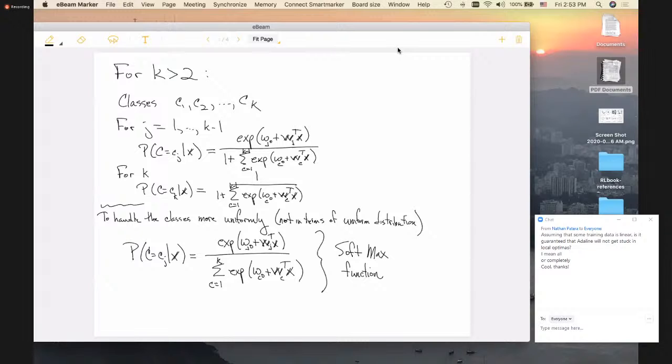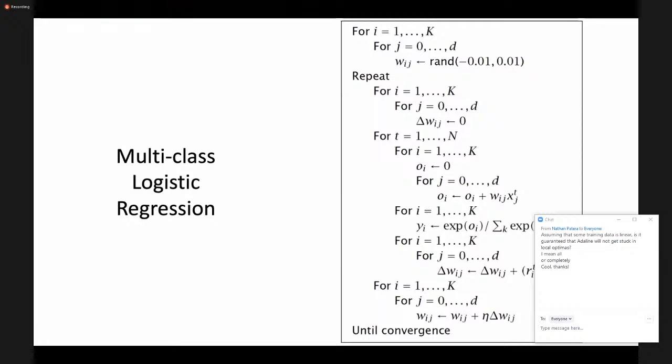I'm just going to jump to the pseudocode. Looks like this. Okay, so once again, we are summing over all of the classes, recognizing that we have separate weight vectors for each of the classes, and we initialize those weights to small random numbers between negative 0.01 and positive 0.01. The main loop repeats until whatever convergence criteria are met. That first nested for loop is initializing the weight updates to 0, just like we saw before. Then the next set of nested loops, we are looping over all of the data. So we're again going to be doing a batch update.